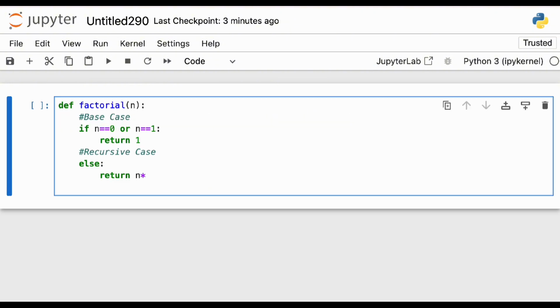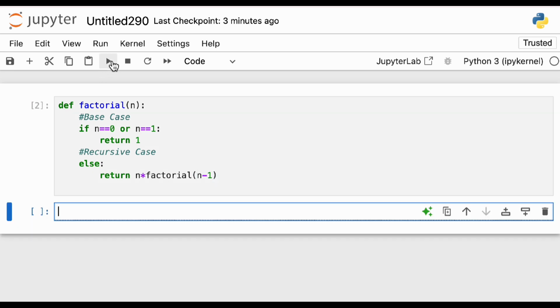So what are we doing to solve this problem? Instead of calculating individually, we are calling this function inside itself, factorial. And then I have to calculate the factorial of n minus 1. This is the code. So that's all. This is the code to create factorial using recursion.